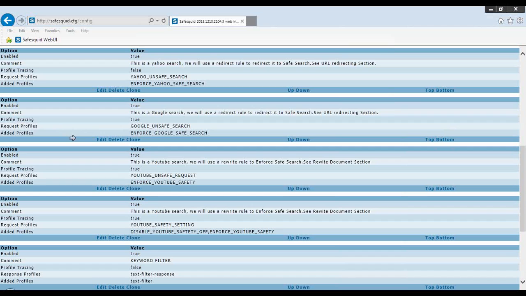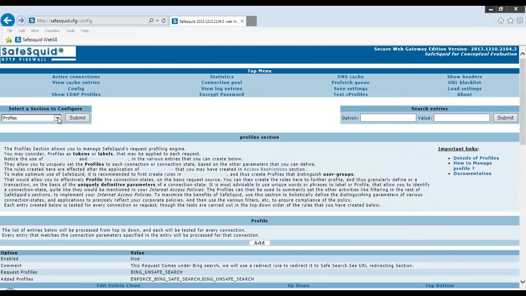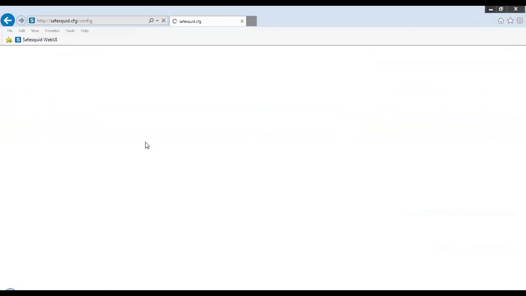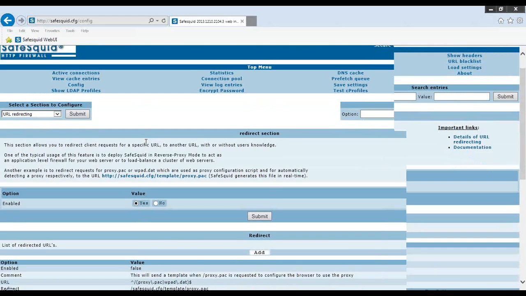And then I have created a policy in the URL redirecting section so that any request which does not happen to be a Google Safe Search will automatically get redirected in a manner that it becomes a Google Safe Search.